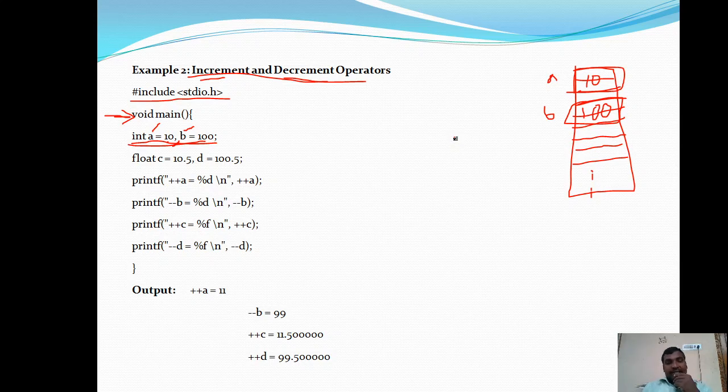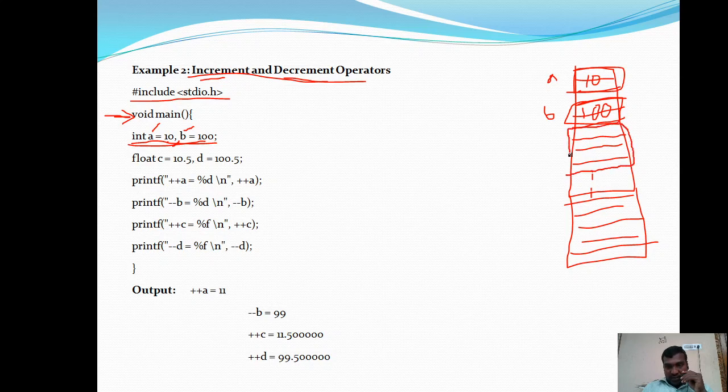Are you getting the point? After execution of this statement, memory is reserved for variables a and b, 2 bytes each, and in those locations the values 10 and 100 are stored. Next, float c equals 10.5 and d equals 100.5. Let us extend this. For float variables we require 4 bytes of memory, so for example 1, 2, 3 and 4.